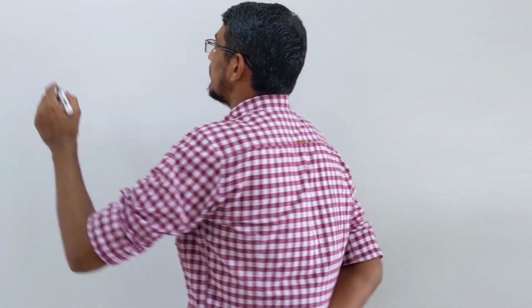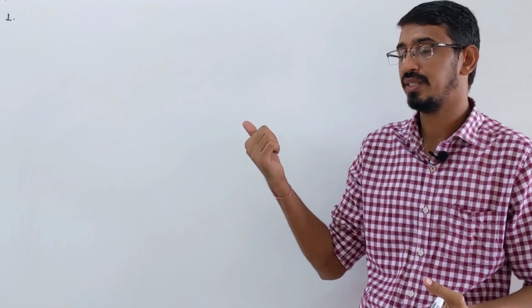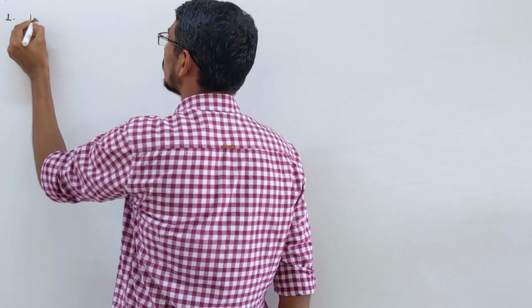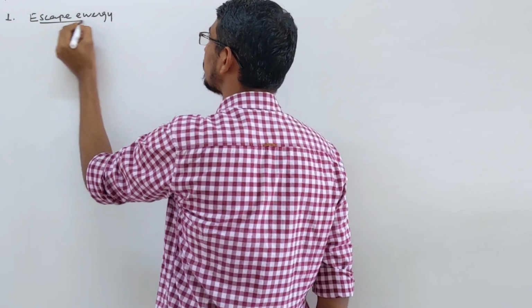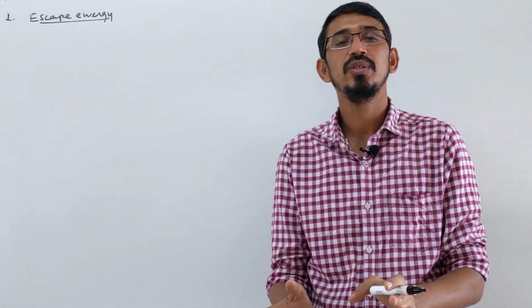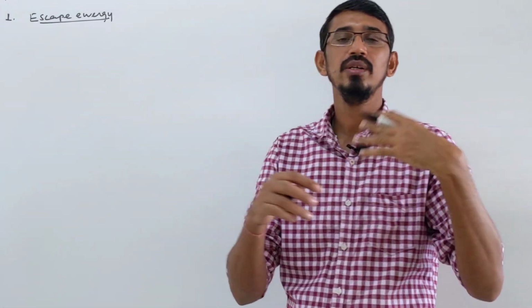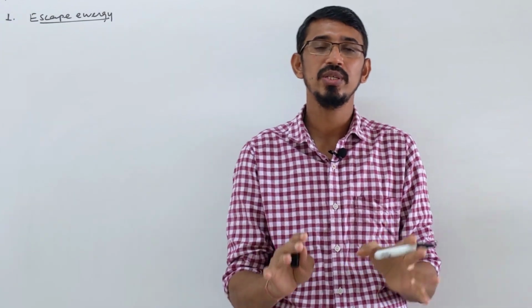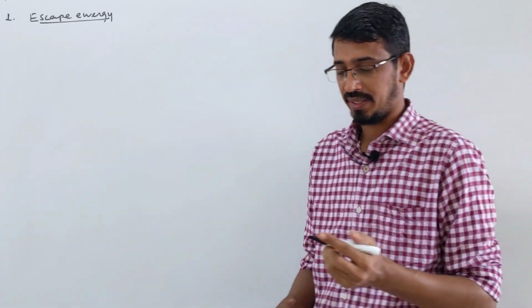Sometimes they can ask you something like escape energy. What is the energy required to escape? Like velocity, we understand that this much velocity we need to escape. They can say escape energy also. So, escape energy: the energy required to escape an object from the surface of that planet to far infinity away. How can you write it? Simply, the magnitude of the potential energy of that planet when the object is placed on the surface of that planet.